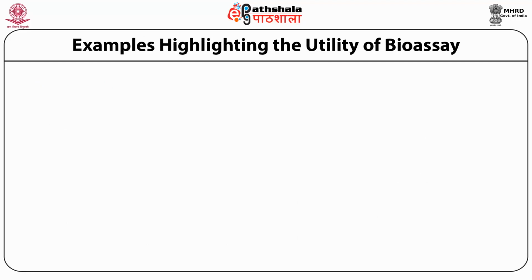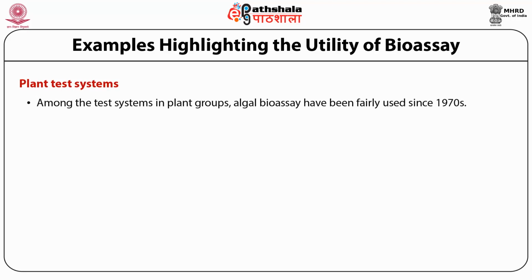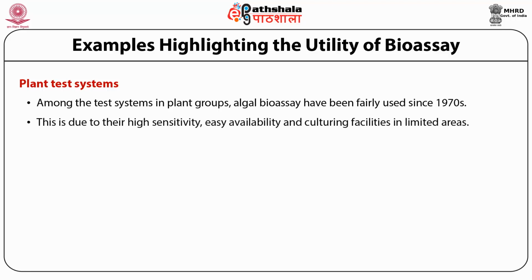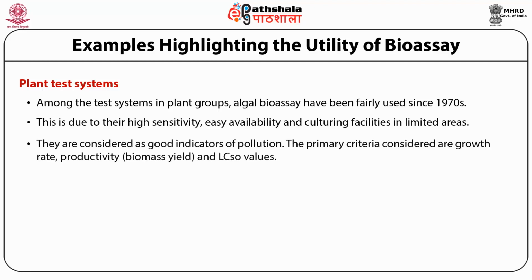Here are some examples highlighting the utility of bioassay. First is plant test systems. Among the test systems in plant group, algal bioassays have been widely used since the 1970s. This is due to their high sensitivity, easy availability, and culturing facilities in limited areas. They are considered good indicators of pollution. The primary criteria considered are growth rate,